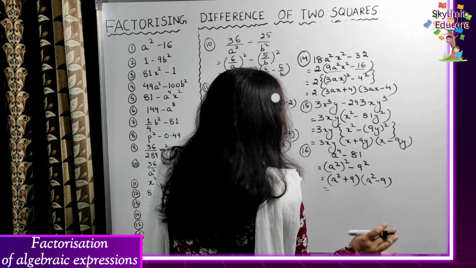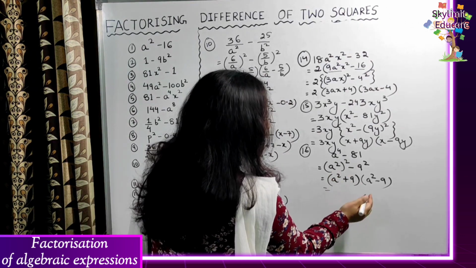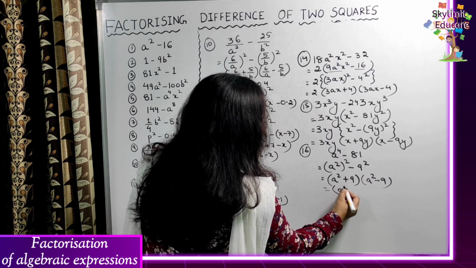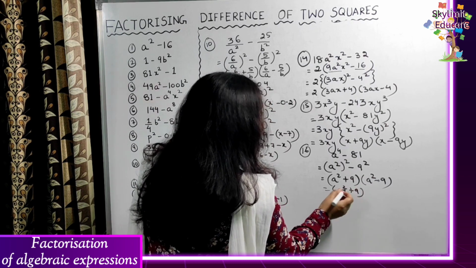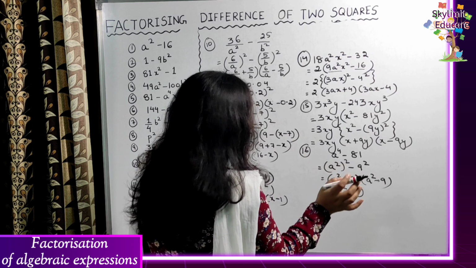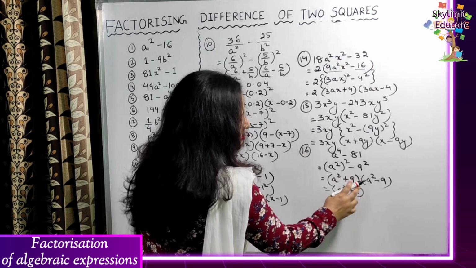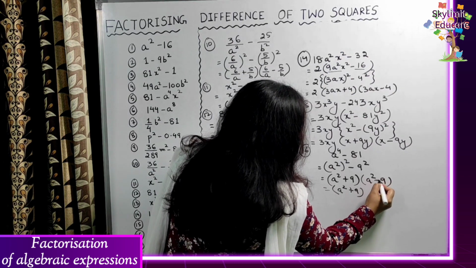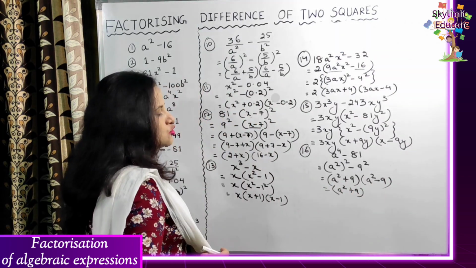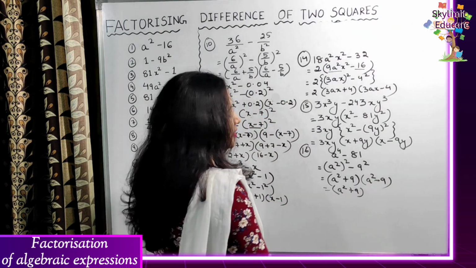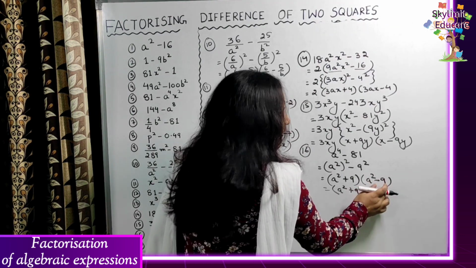Okay, but hold on, why? Because here you can see that this can be factorized further. Now this is a square plus 9. It cannot be factorized further, because in order to factorize you need the difference of two squares, even though these two are perfect squares, but here this is the sum. So you can further factorize the other one, because it is the difference of two perfect squares. A square is also a perfect square, 9 is also a perfect square.